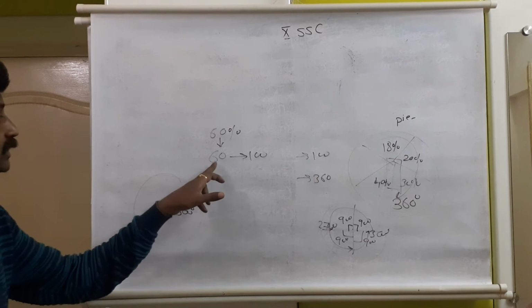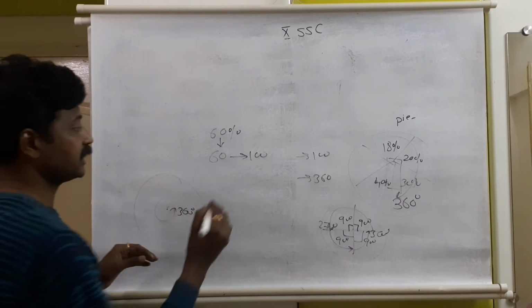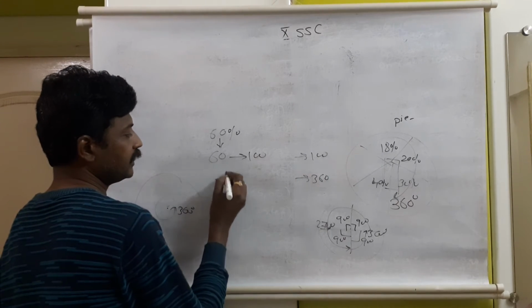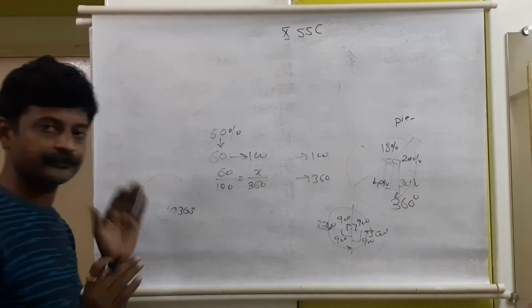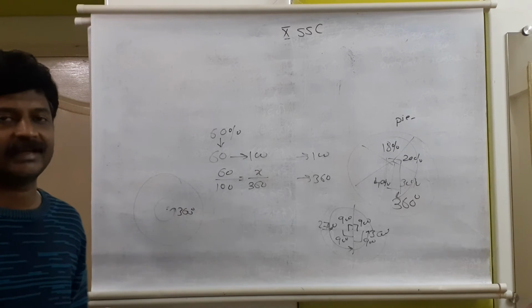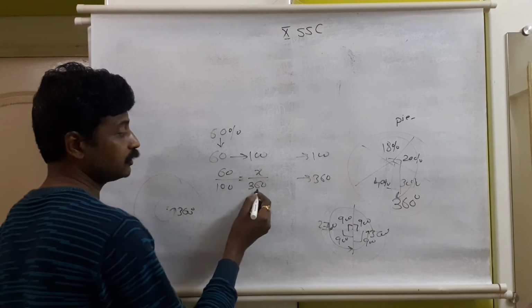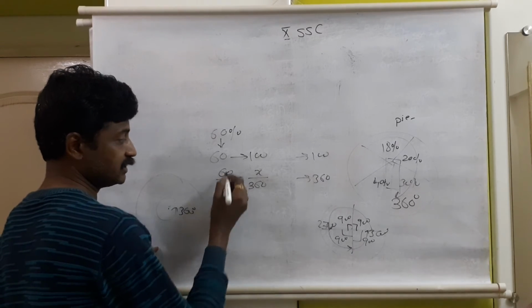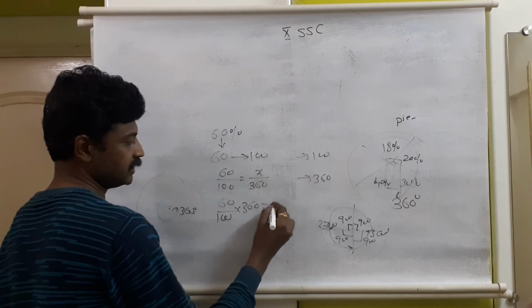We need to convert this 60% which was out of 100 into out of 360. How can it be converted? Out of 100 if 60, then out of 360 how much? Comparison. This is the mathematics which we don't know, consider it as x. Out of 100 if 60, that is 60%, then out of 360, how much? So this 360 goes other side. 60 upon 100 into 360, it remains here x.